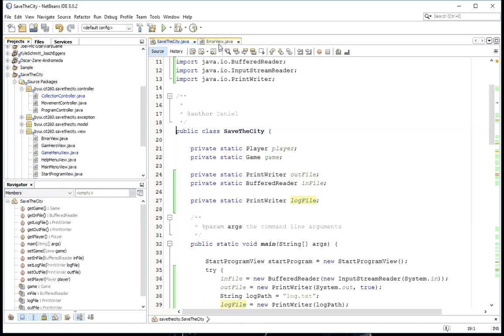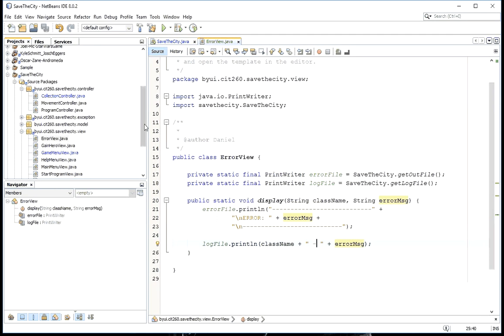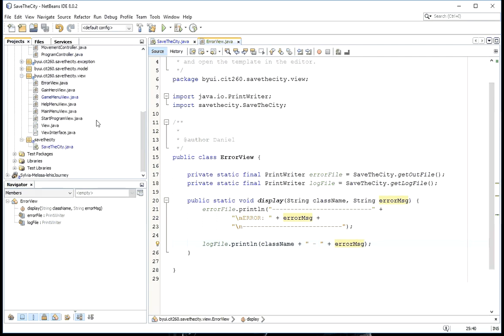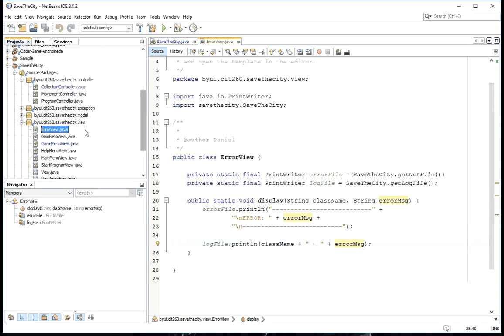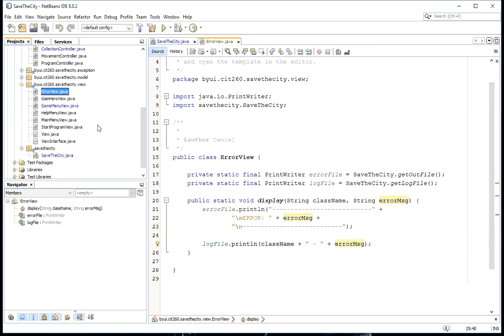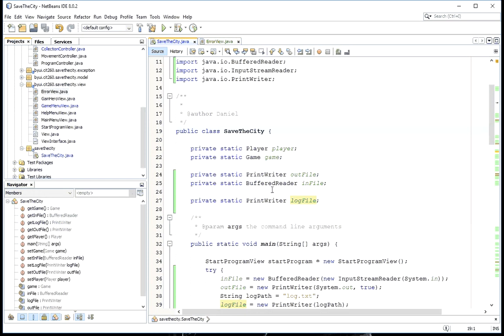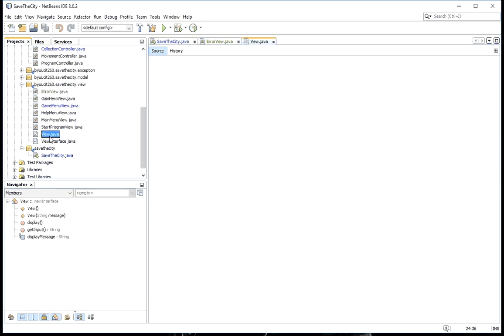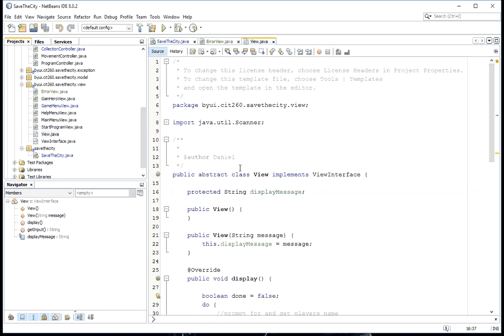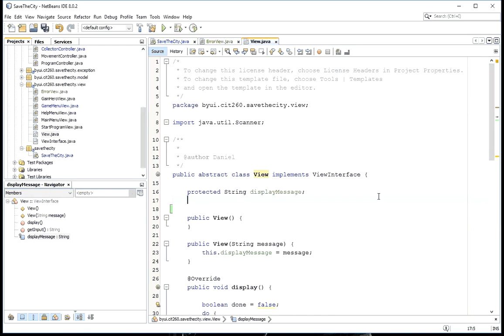Part 2 of the assignment calls for you to replace everywhere in your code you're calling your keyboard scanner where you're collecting input, to use your new in file, and to replace all output with your out file. So the easiest way to do that is, since most of your views extend this view class, we can create a new protected